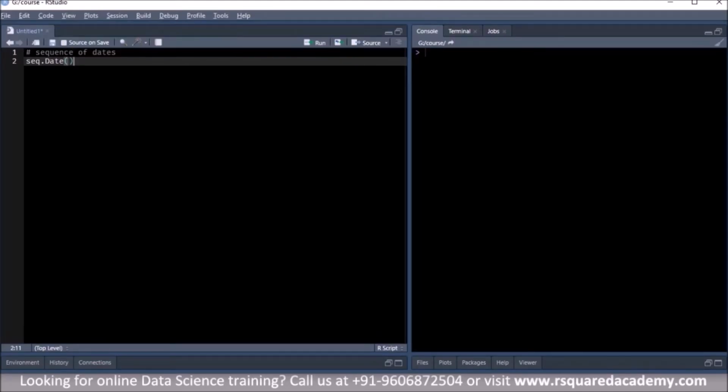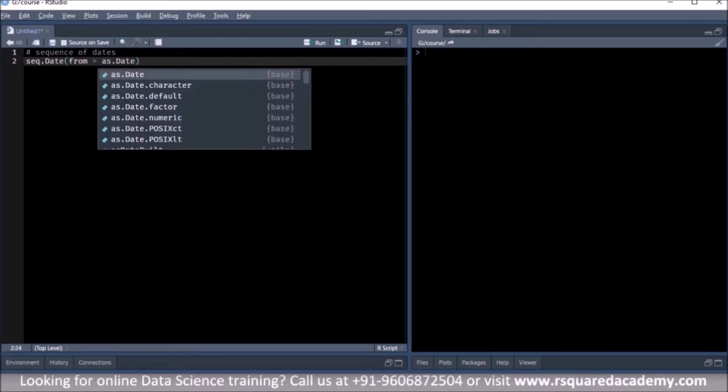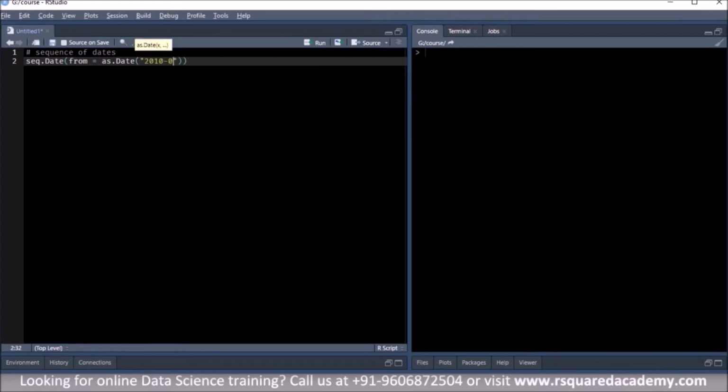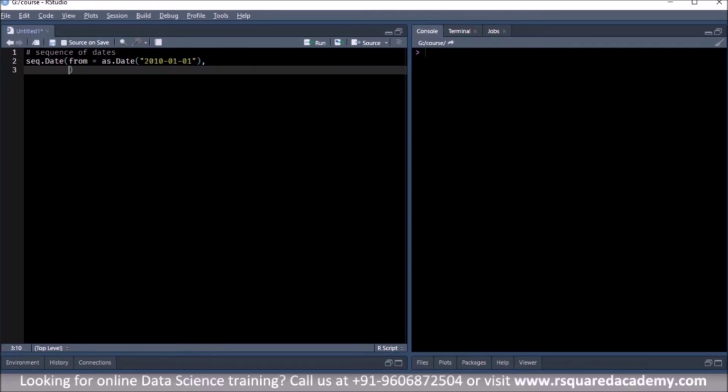In the first example, we'll create a sequence of dates from 1st January 2010 to 31st December 2019. The start date is 1st January 2010, so the from argument is equal to as.Date 1st January 2010, and the to argument, that is the end date of the sequence, is 31st December 2019.